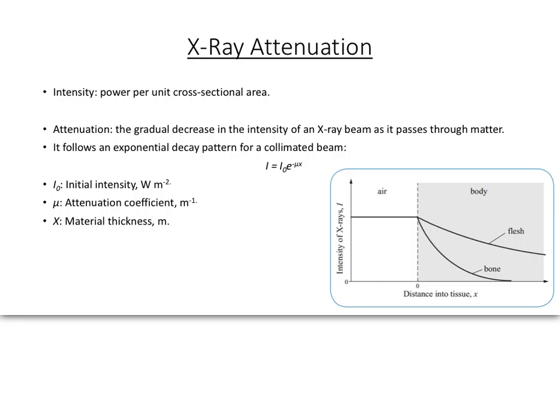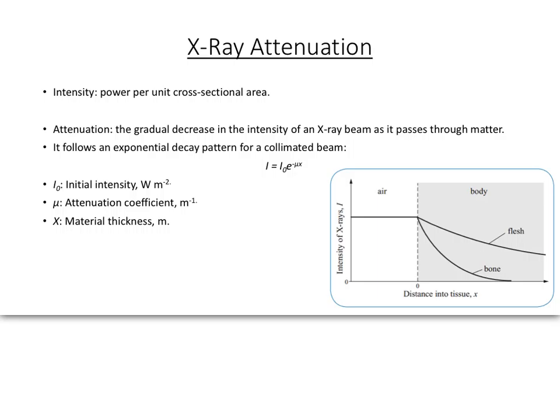As we learned last year, intensity is power per unit cross-sectional area. This is important to keep in mind as we talk about X-ray attenuation. Now you may be wondering, what is attenuation? And this is a brilliant question. As X-ray beams pass through matter, the intensity of the beam decreases. This is attenuation. For a collimated beam, that is a beam that is parallel,